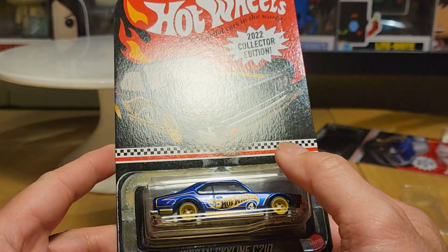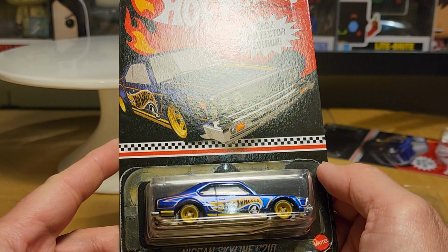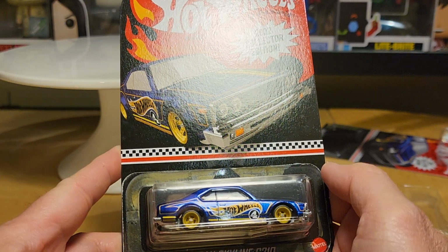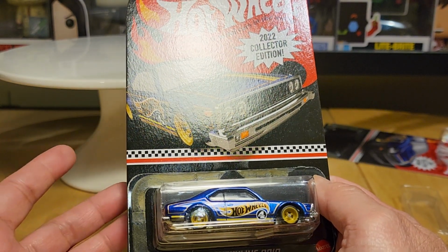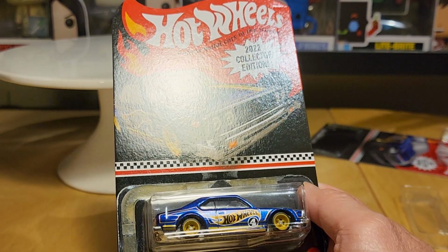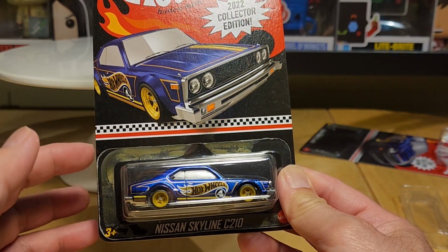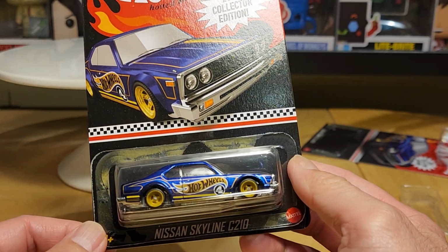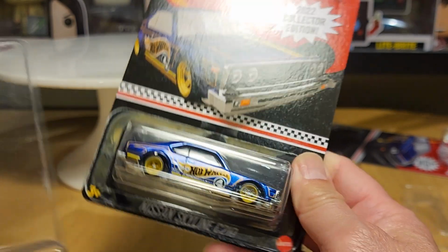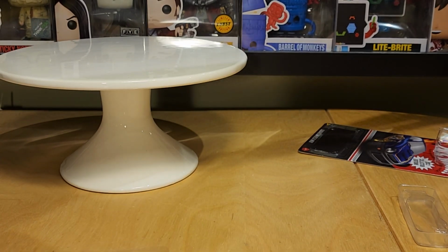So if any of you guys out there did get this mail-in, please share below in the comments and let me know if yours has glue issues too, or I don't know if this seller did something to them. But I got it for $33 shipped, which is about what I would have paid if I went through all the process anyway. So I'm not really complaining about it. It's at least something that I think I can fix. But that is the number 4 mail-in. I have to double check to see if in fact I do have all the 22 mail-ins, because we should be starting 2023s soon. So those are the 2 mail-ins. Alright,